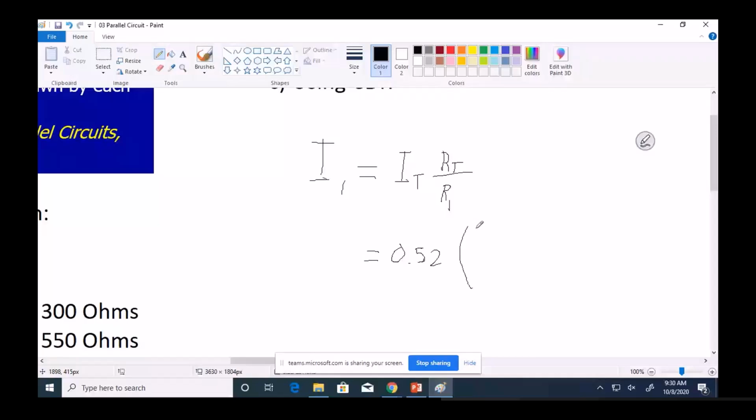The R total is the total resistance connected in parallel. Don't forget that one, in parallel across the 2 points. And then we have here 194.1 divided by the value of R1, which is 300. Okay, prepare your calculator. We are almost over. Prepare for the short quiz after this. Okay, I1.